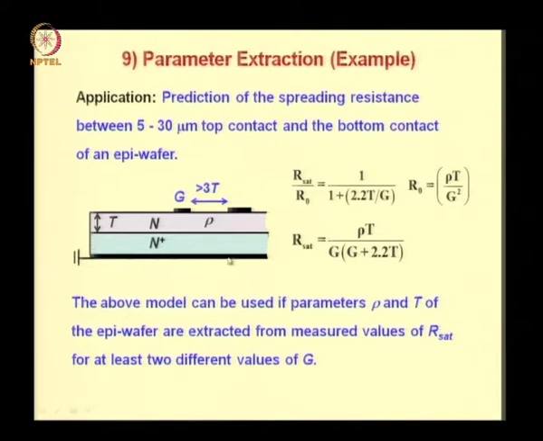You have a bulk wafer which is, however, heavily doped. Evidently, the effect of the resistance of this wafer will be absorbed in an effective value of T in this case, because our contact is not here at the distance T from the top contact, but it includes the heavily doped wafer between the top contact and the bottom contact.